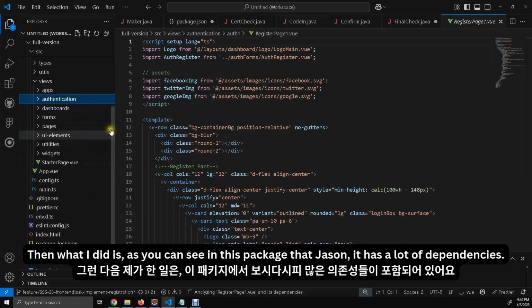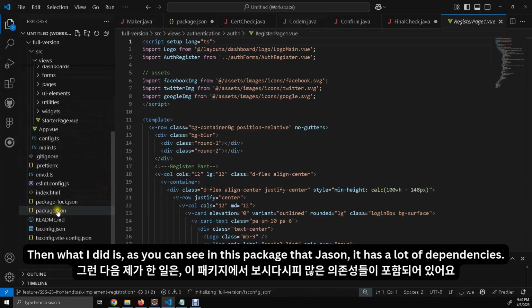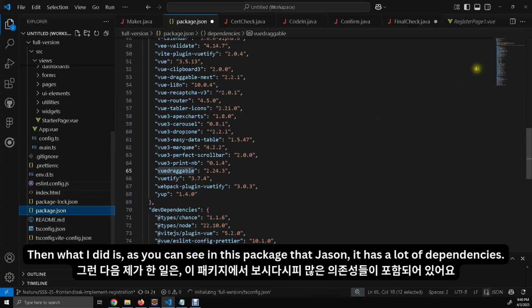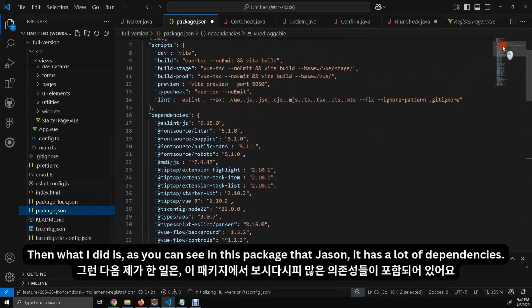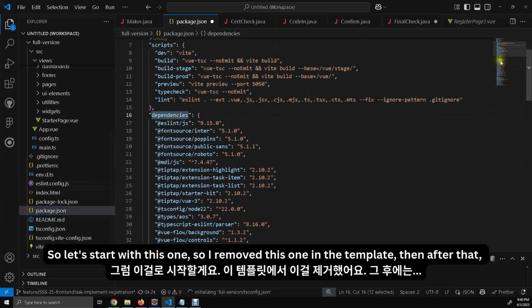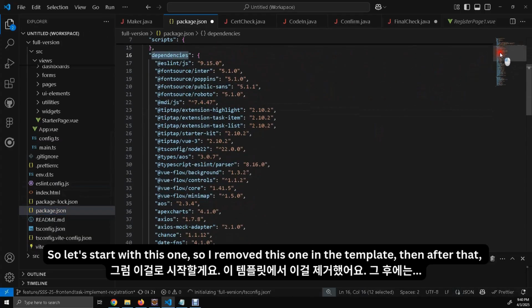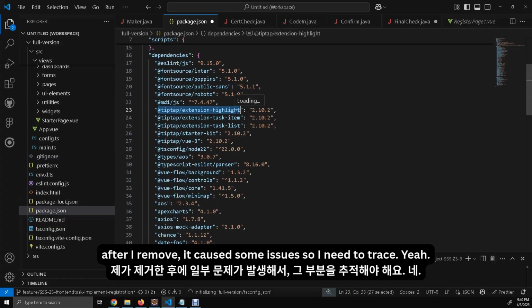Then what I did, as you can see in this package.json, is it has a lot of dependencies. Let's start with this one. I removed this one from the template. After I removed it, it caused some issues, so I needed to try.